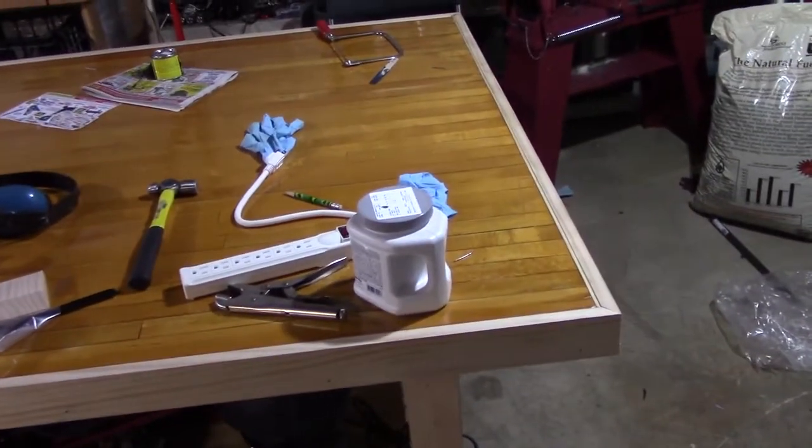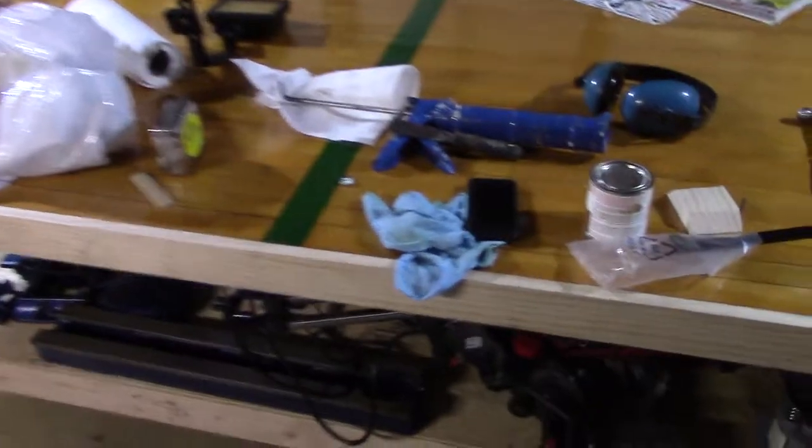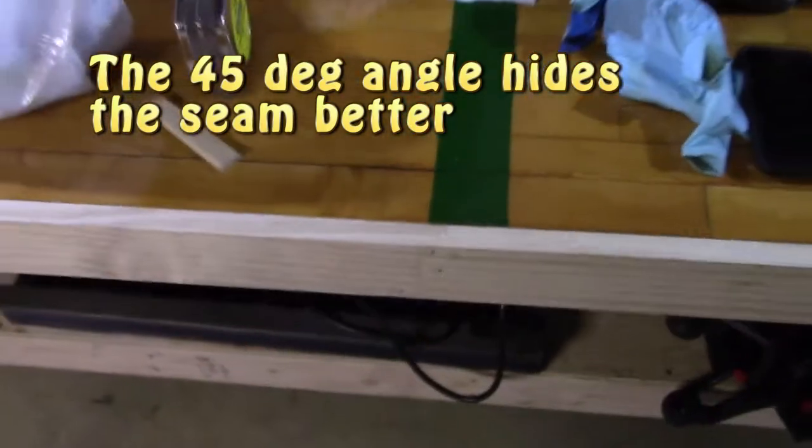Okay, there's a trim on there, and the table's not even done yet, and look what a mess I've got on it. Good gravy. Anyway, they say measure twice and cut once. Well, who are they to tell me? I knew I wanted some 45s on this trim, and you can see right there I put a 45 on it. Makes it pretty good. On this side here, one board,